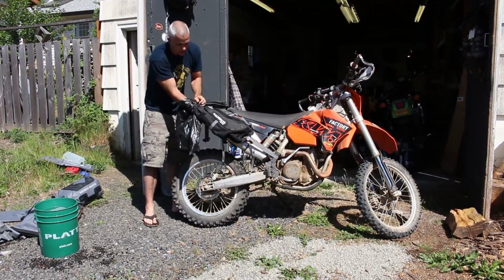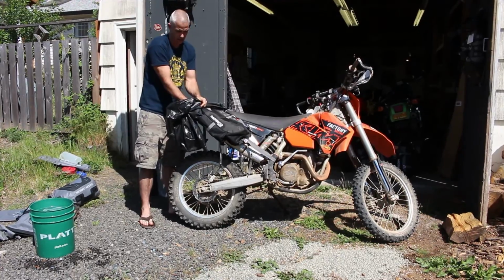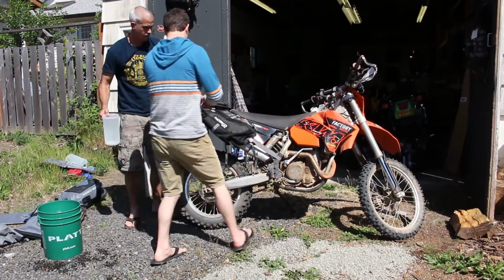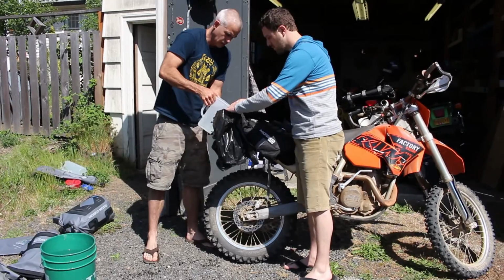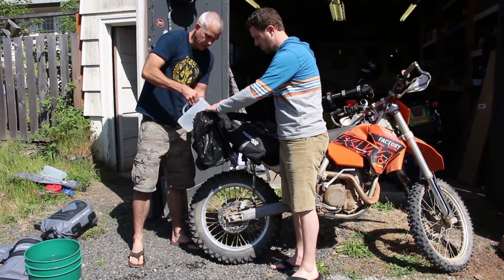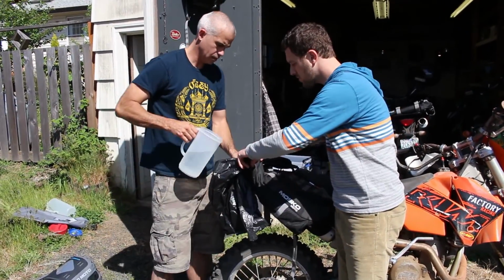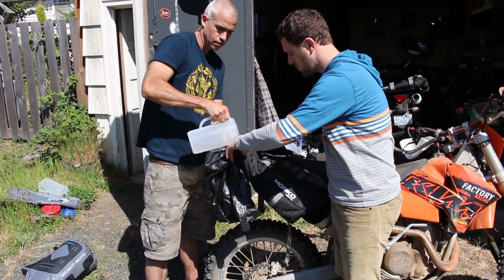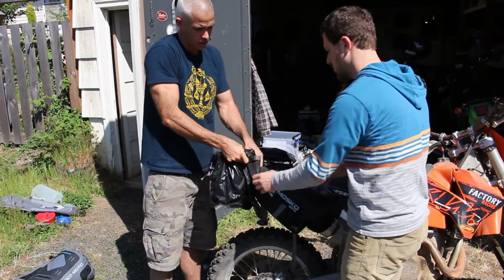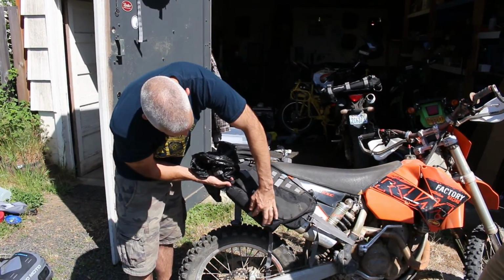So I'm just going to line this pocket with a garbage bag to measure its capacity. Yeah, if you wouldn't mind holding it, sure. Let's just make sure it's settling down into the pocket. Make sure the bag is fully settled in the pocket. And there you can see, that's right where the water stops, right there. So it's a 2-liter pocket,